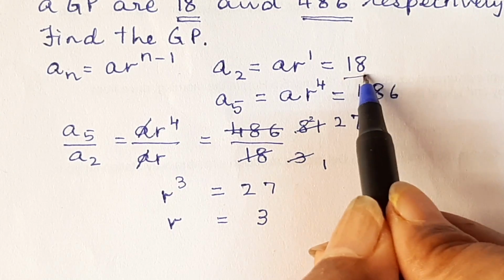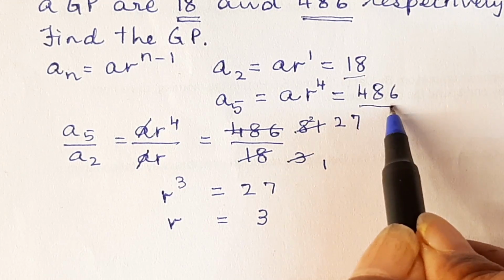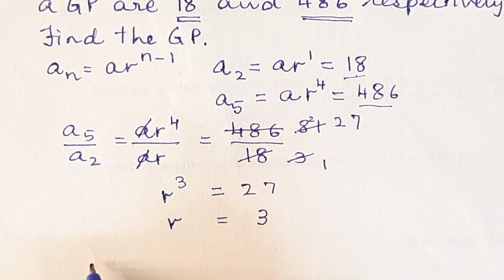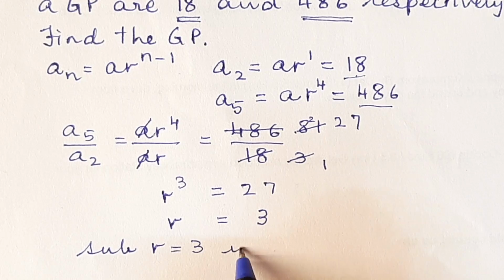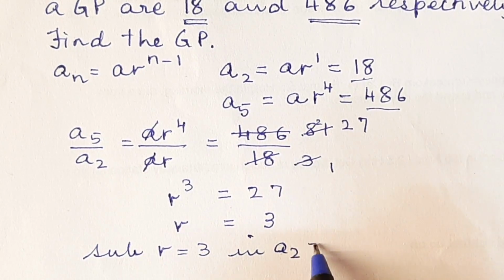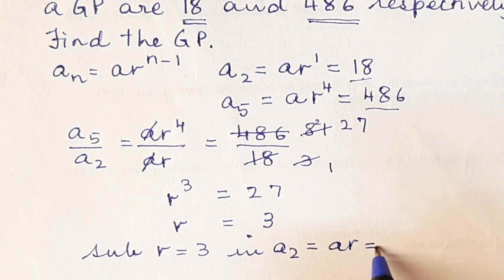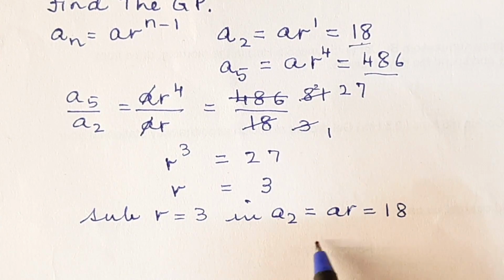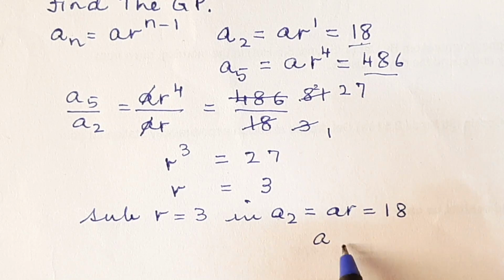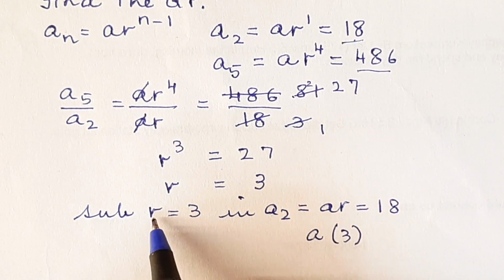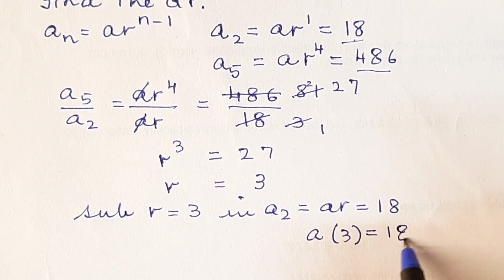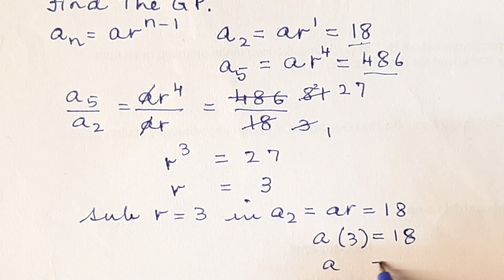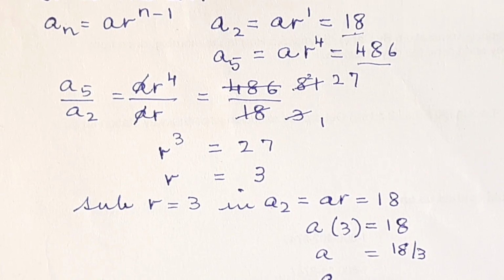We have been given 18 and we'll be given 486. So we will use this. So we will say that substitute r equal to 3 in a2 equal to ar, which is equal to 18. Now, when we substitute, a multiplied by 3, which is the value of r, is equal to 18. And so a is equal to 18 upon 3, and so a is equal to